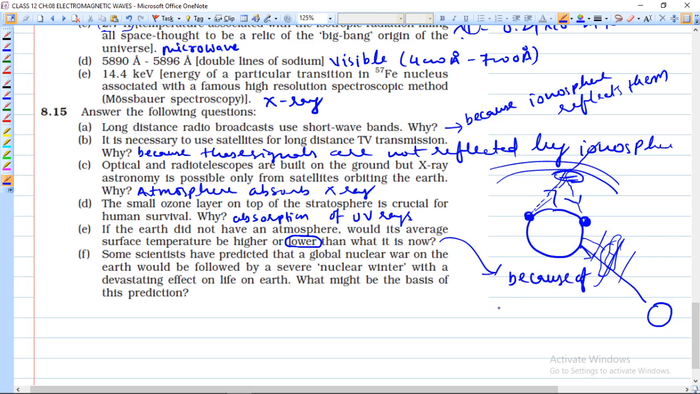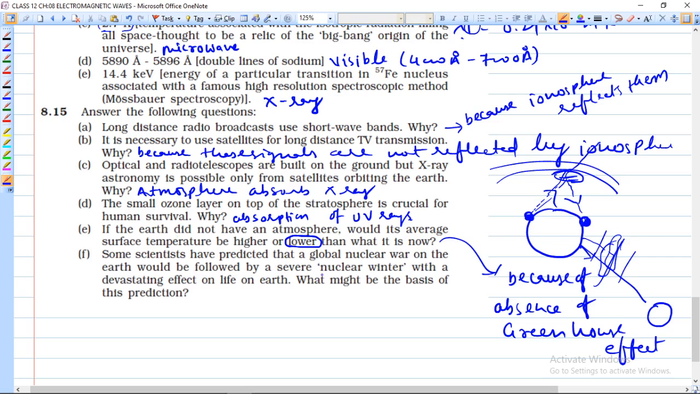बिकॉज ऑफ एब्सेंस ऑफ ग्रीन हाउस इफेक्ट। एटमॉस्फेयर तो ग्रीन हाउस इफेक्ट करता है लेकिन वही एब्सेंट है, तो टेम्परेचर बहुत कम हो जाएगा, हम जी नहीं पाएंगे। Some scientists have predicted that global nuclear war on the